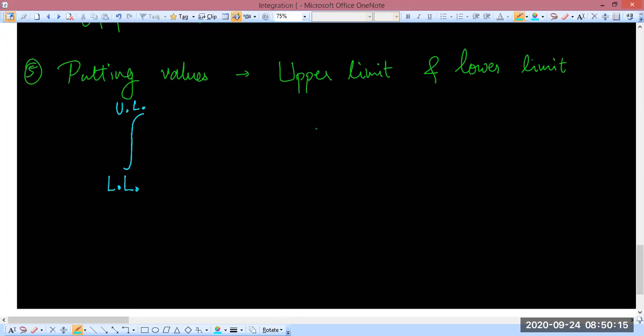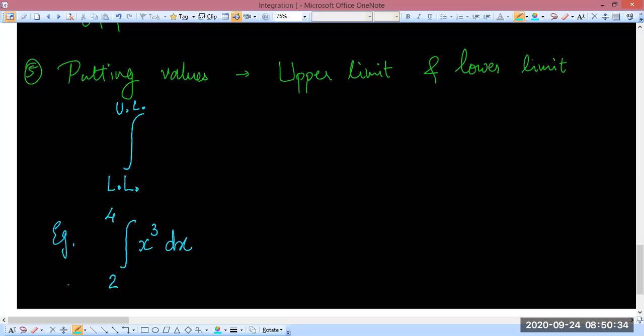Let me give you an example. Suppose we have the integral of x cube dx, and if you write 2 here and 4 here, what this means is